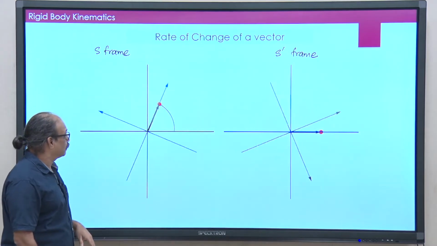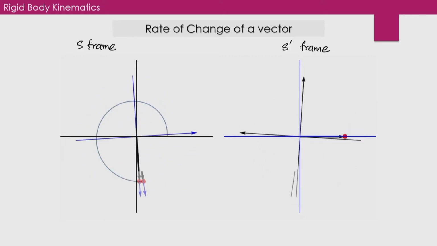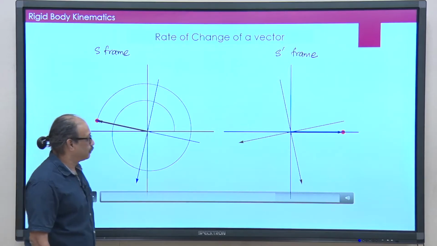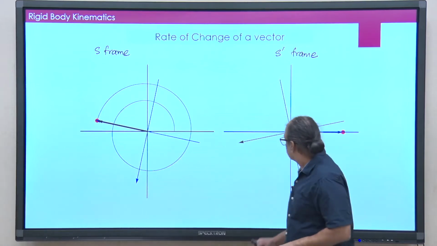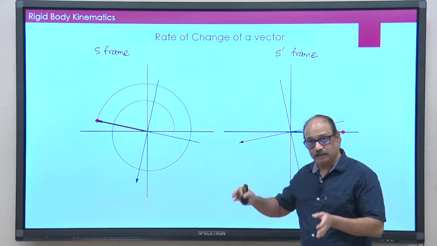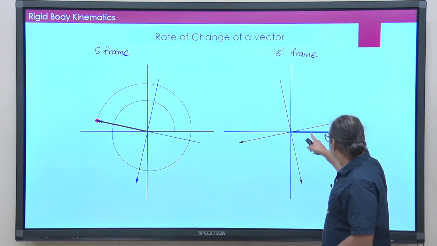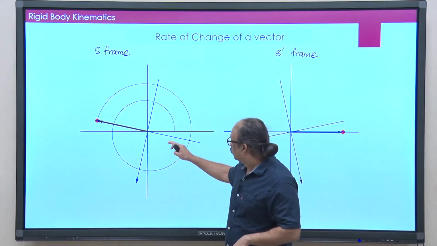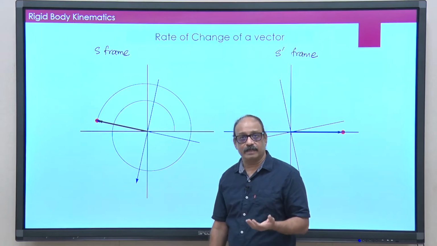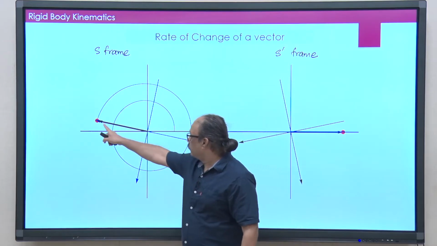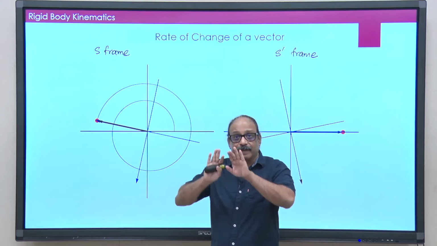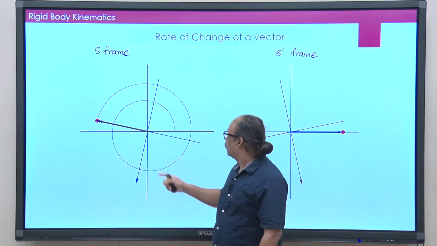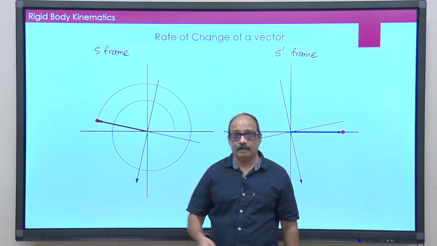And you can see here that it will trace out. So, if I stop this, now you see what happens. Here the black axes are turning in the clockwise direction, whereas the particle is simply travelling along the x prime. In this frame the blue axes are basically x prime and y prime, and the particle remains on the x prime axis, but the x prime axis itself is turning, and moreover the particle is going away from the origin, and that is why it will trace out a spiral like this.